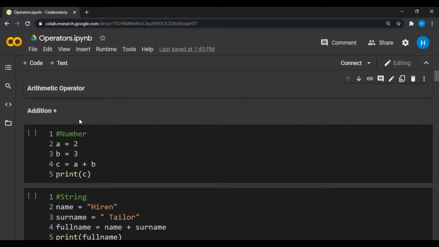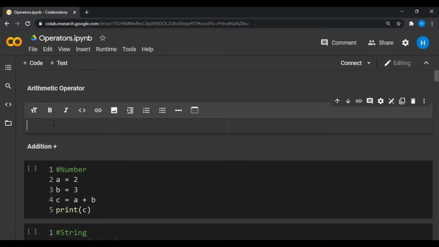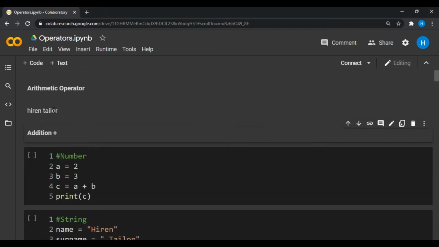This is how our Google Colab looks, and it is very similar to the Jupyter notebook. Here you can use the text tab to write some text. If you click on the text tab, it will create a text cell, and you can write whatever you want, and it will stay in your Google Colab.